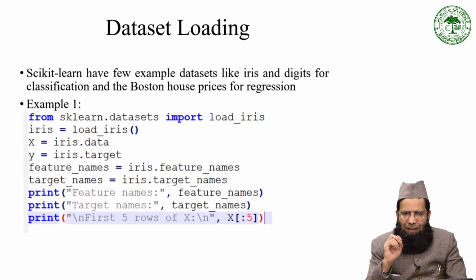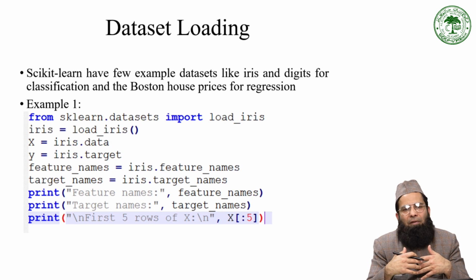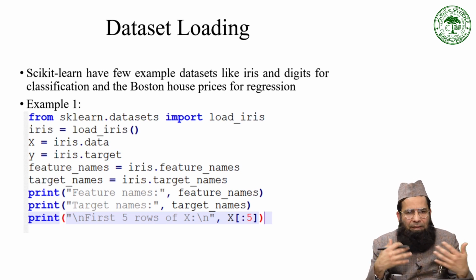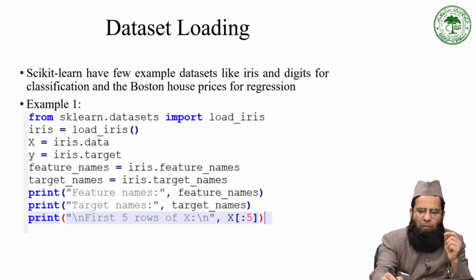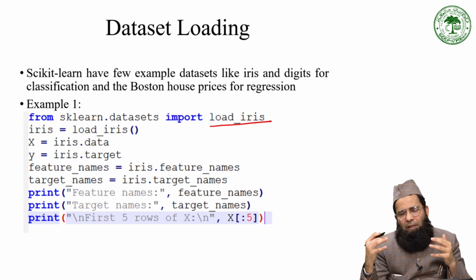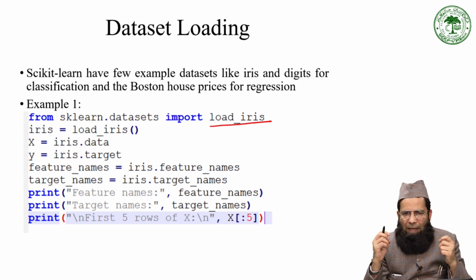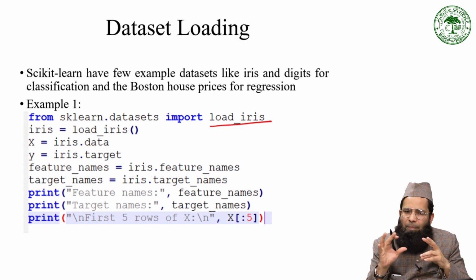So Sklearn has support for dataset loading as well. Sklearn itself provides several types of toy datasets, you could say, and in this case, it has support for the Iris dataset. The Iris dataset is very popular as far as the initial level of machine learning is concerned. It consists of three different types of irises: Setosa, Versicolor and Virginica, and it contains petal and sepal length and width as